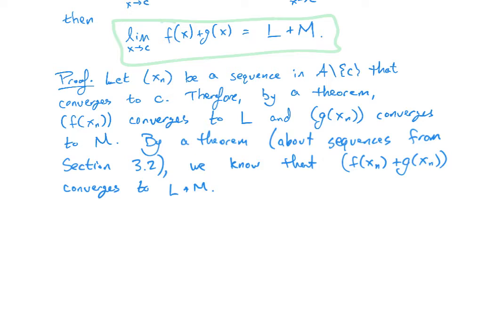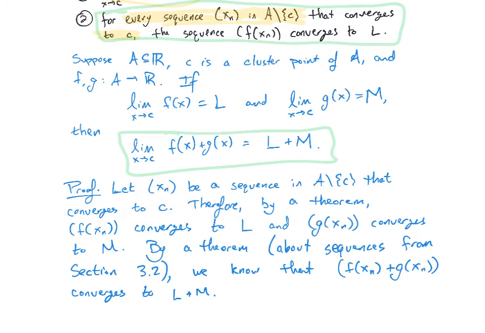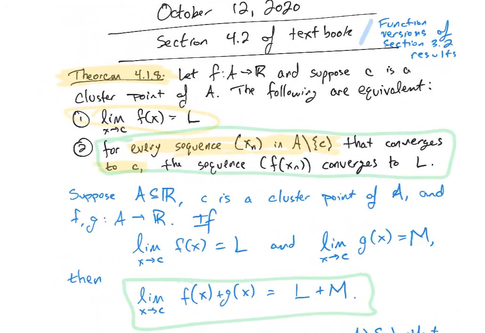So we used our theorem from the top to convert to sequences. We used our theorem about sequences. Now we need to use our theorem from the top to convert back to functions. What does the top say? Theorem at the top says